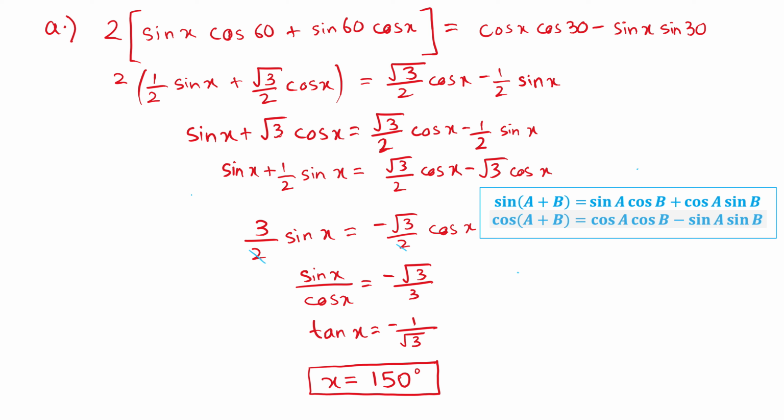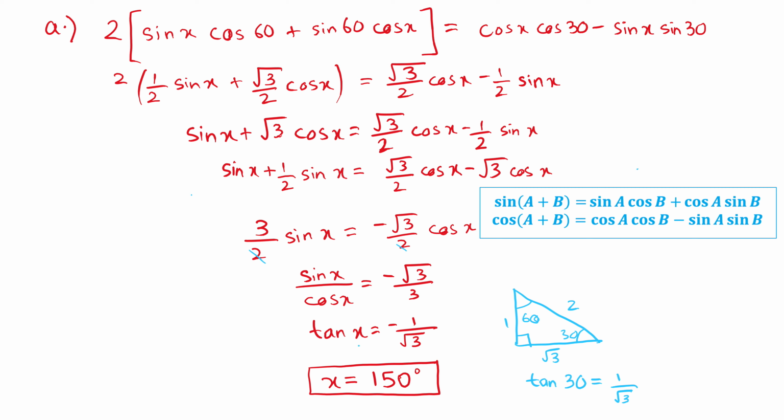Now firstly I will draw the magic triangle, also known as a 30 60 90 triangle. So this angle is 60 degrees, this angle is 30 degrees, and this angle is 90 degrees. So this side length is root 3, this side length is 1, and this side length is equal to 2. So tan of 30 degrees will equal opposite upon adjacent, so 1 upon root 3. So we know that tan of 30 degrees is equal to 1 upon root 3,